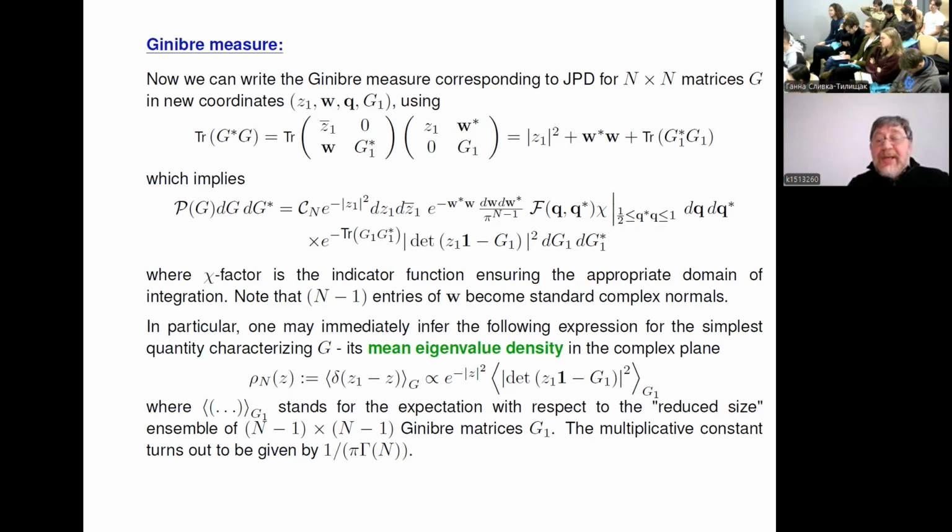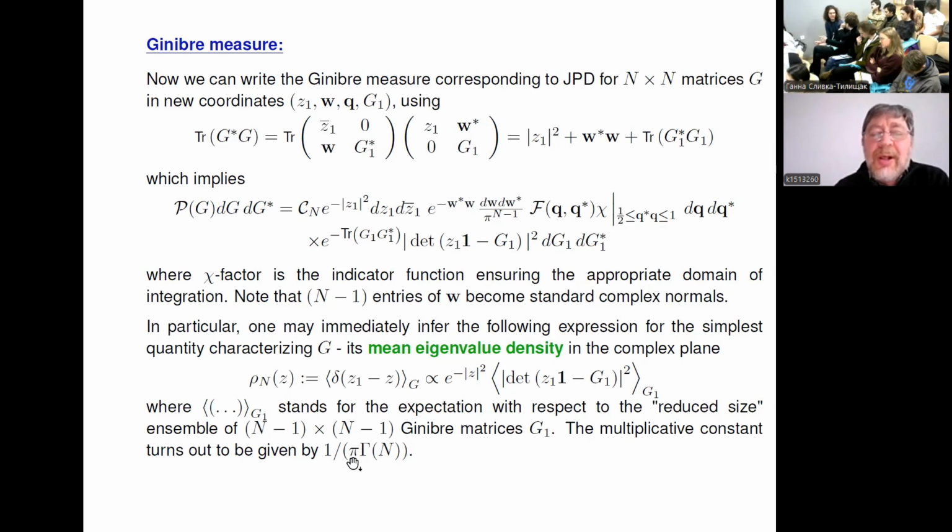So if we develop, as we will do in the next lecture, efficient ways of evaluating this type of averaging over the Ginibre measure, in particular of products of characteristic polynomials, then our first result will be to get exactly, up to a proportionality factor, which can be restored easily from normalization,